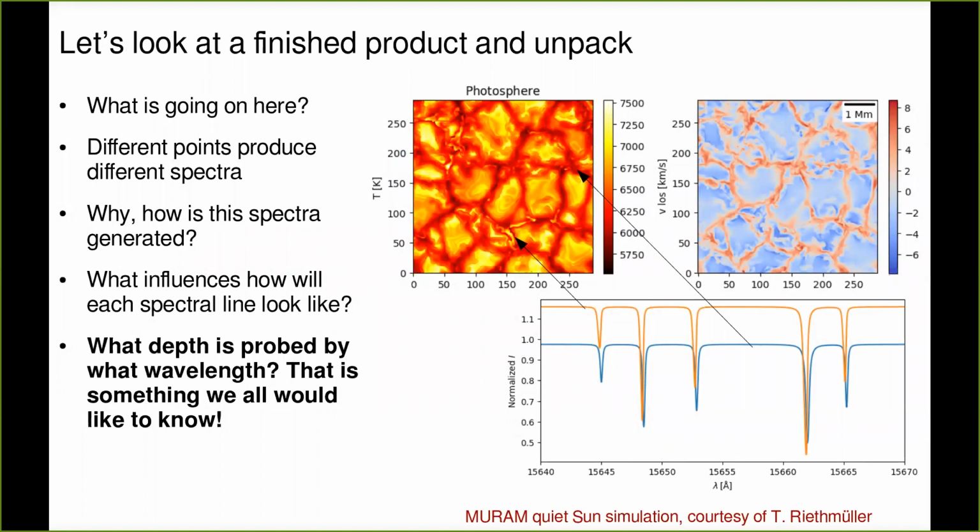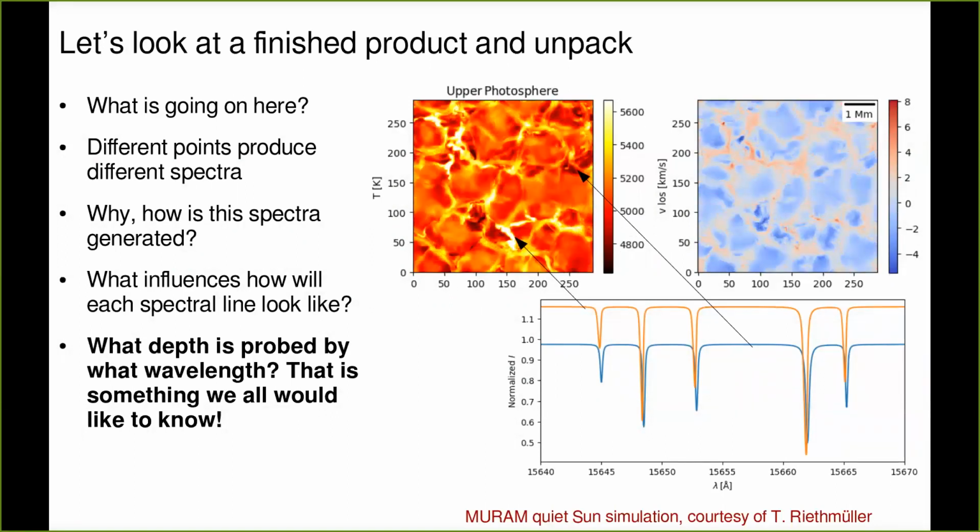And then I told you that from the shapes of these spectra, we should be able to infer not only the physical distribution of the parameters at this layer, but also at another layer, right? Because the spectral lines are formed over a range of wavelengths, and they pick up the information over this range of wavelengths, and they tell us something about that. However, the question is the following: we don't know this, right?